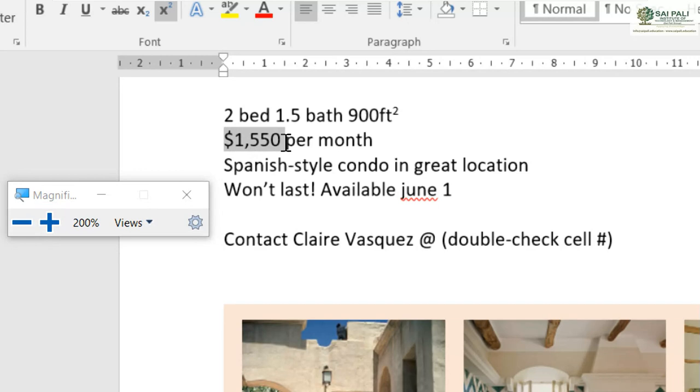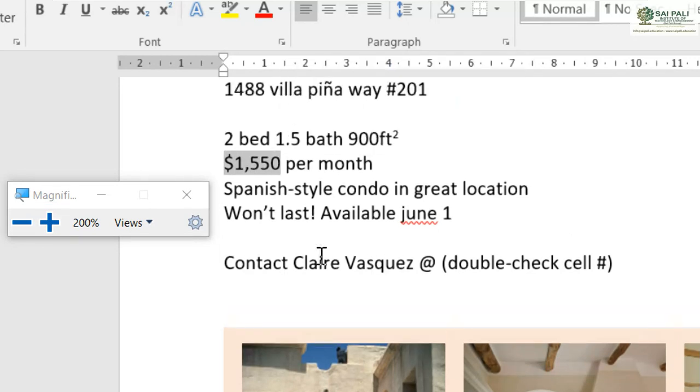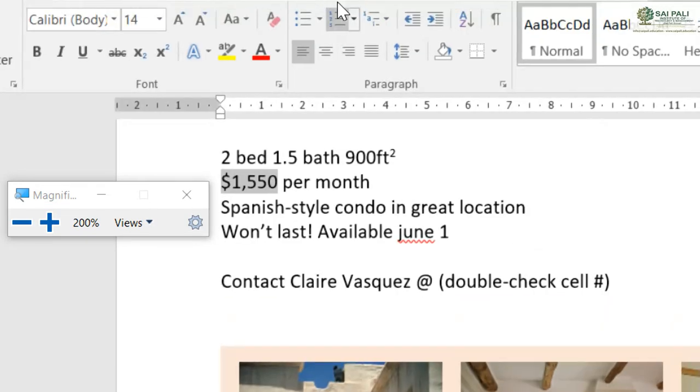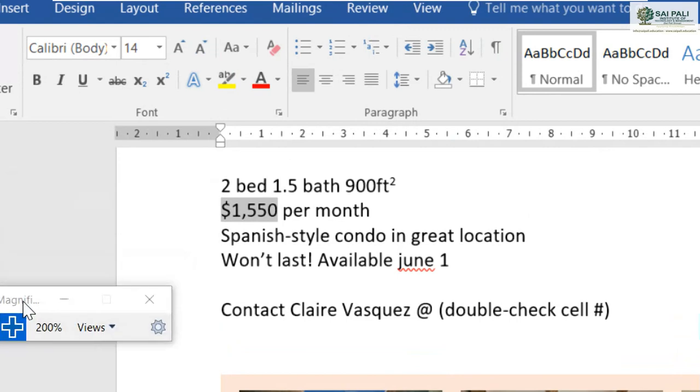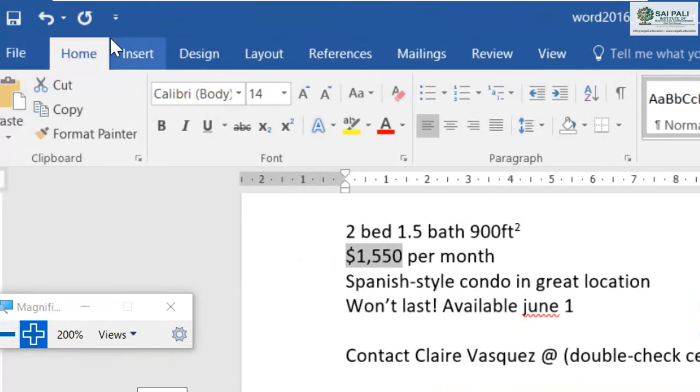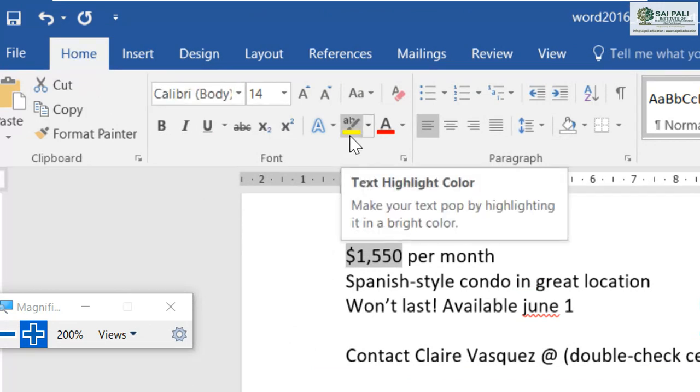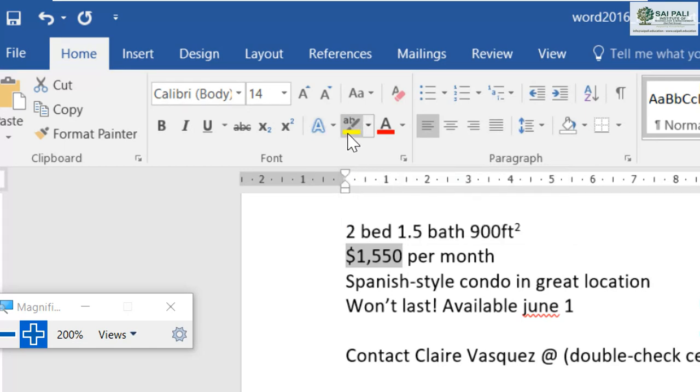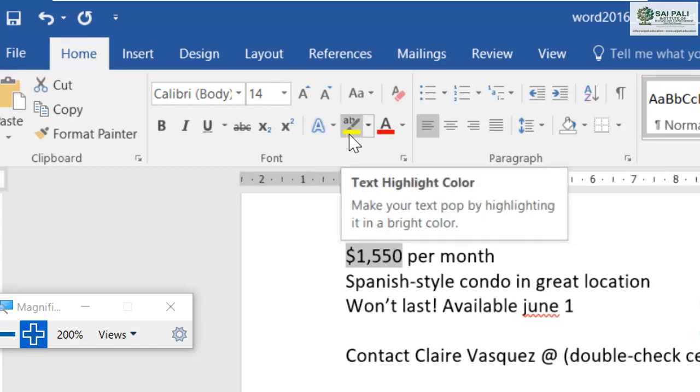So I select this text which I want to highlight, and then in the Home tab, in the Font group, we have this Text Highlight Color command. Now if I select the command directly, what will it do? It will use the color which is showing here. You can see it is showing some color here, which is the default.